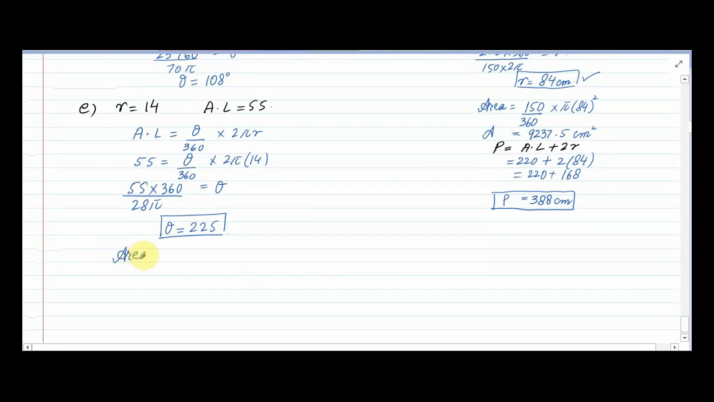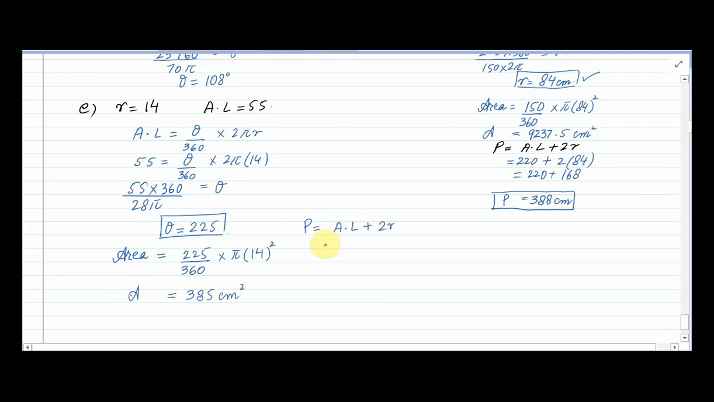So for area it will be angle divided by 360 multiplied by pi r square. When you solve it, 225 multiplied by 3.142 multiplied by 14 square and divided by 360, it's 385, right? So that is the area, and the last part is perimeter, that is equal to arc length plus 2